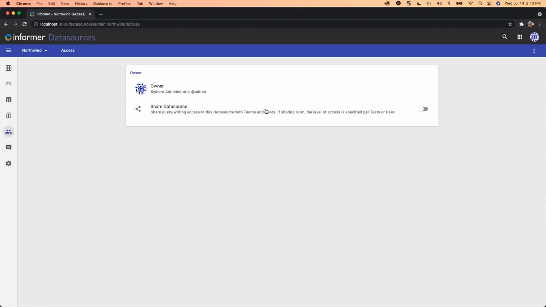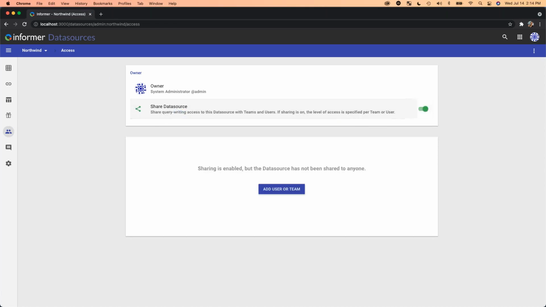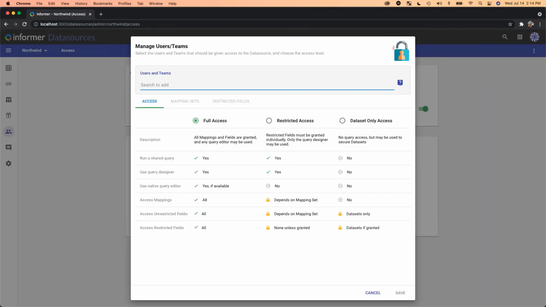So when you first come to this page, this is what it's going to look like. It'll show you who the owner is currently of the data source, and then there'll be a toggle for whether or not to share it. And of course, the owner would be the one to decide whether or not you could share it. So if I turn on sharing, I get a box below that says sharing is enabled, but it hasn't been shared to anyone yet. So if I click on the button below to add a user or team, this is